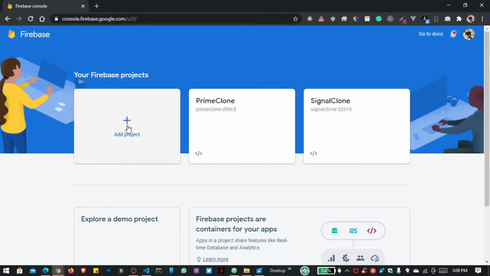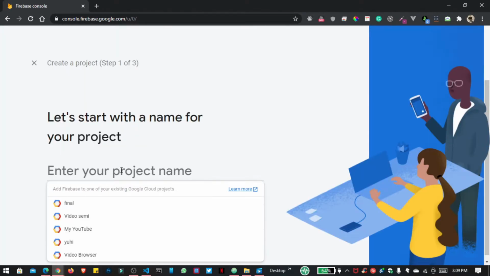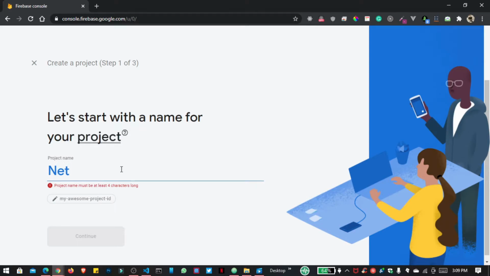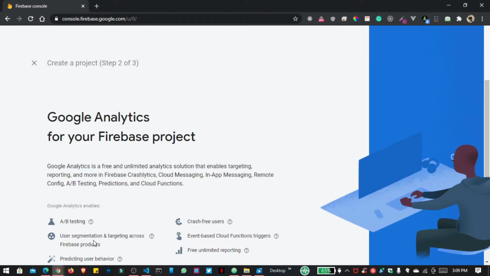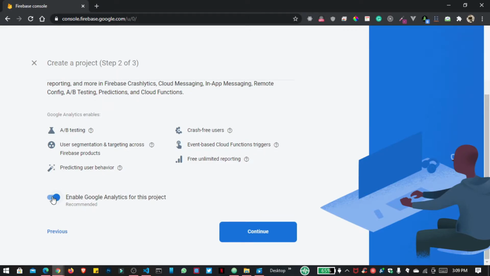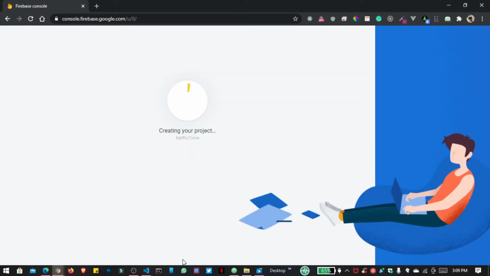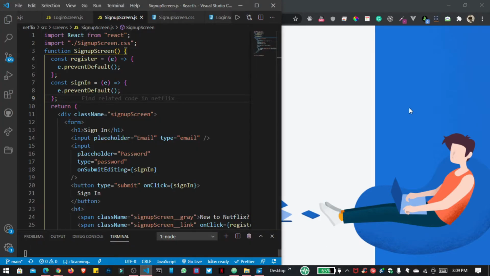I want to create a new project here named Netflix clone, and click on continue. Here I don't want Google Analytics for this project, so this takes time. Meanwhile,